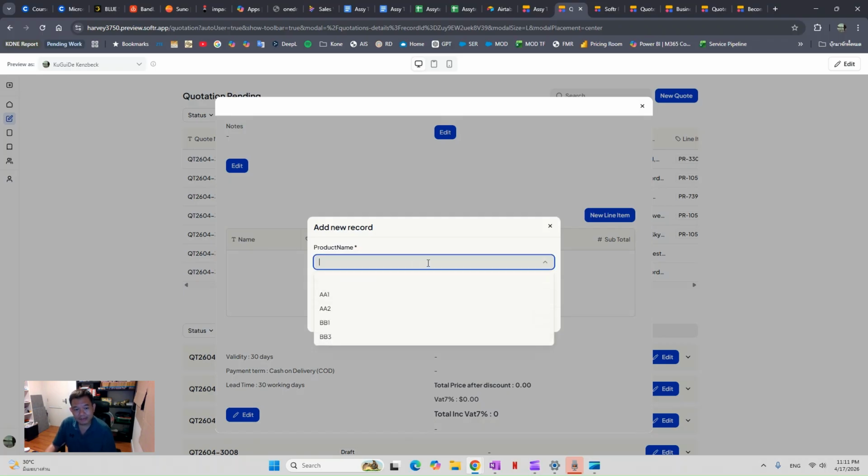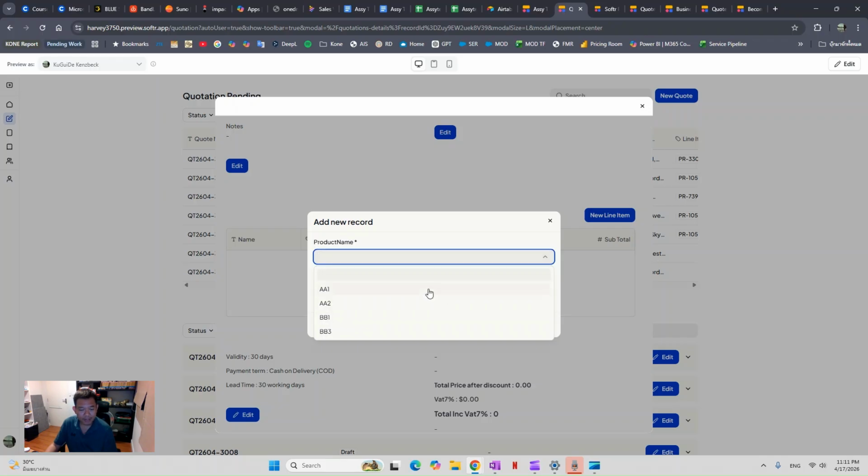So you select line items, and then it will show this box, and then you can select the product. You can select by the product names. If you have 100 product names, it will show all 100 product names in the list. But with a select drop-down list, maybe it's not suited for 100 products. Maybe it's best that you just type in and use the typing of the product name as a search, and then you can select. Maybe that's better. But this is one example of what we can do.